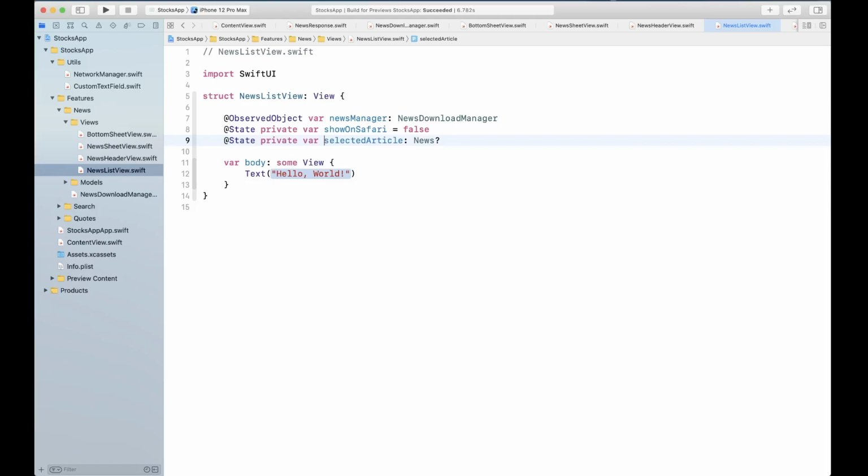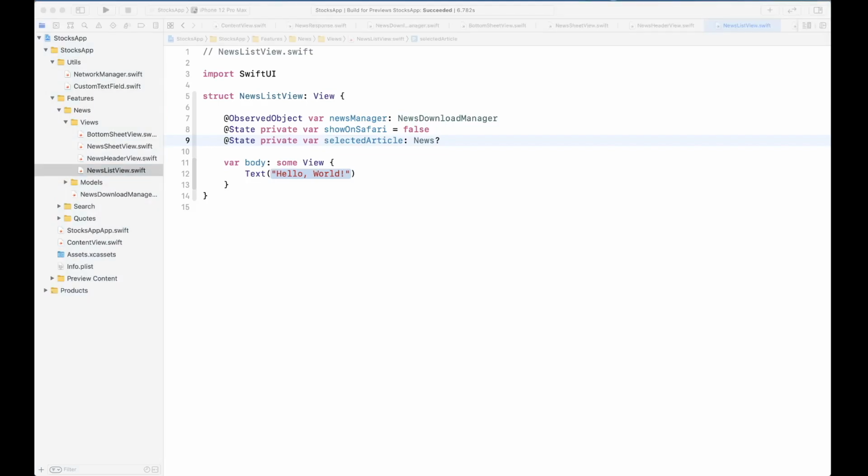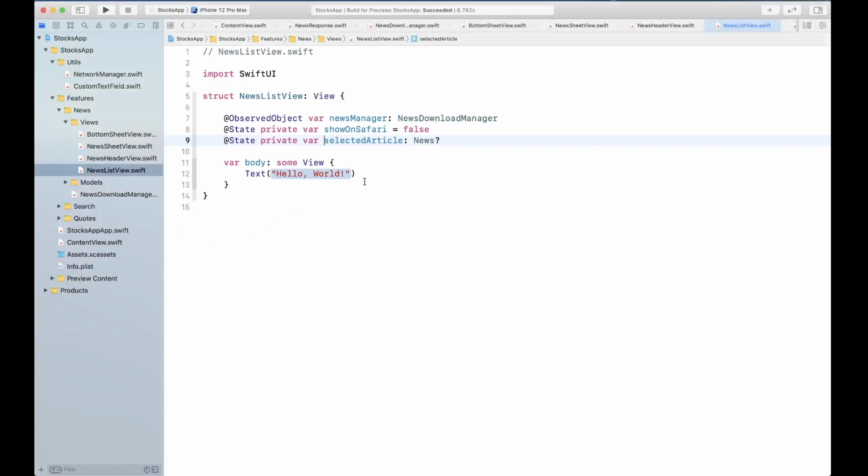So what we are doing is we are storing the selected article inside a local variable, and what that local variable is going to help us do is keep track of which article has been selected, and then we can update or get the state for that, and display that particular article. So you're going to find out what we are doing once we do that.